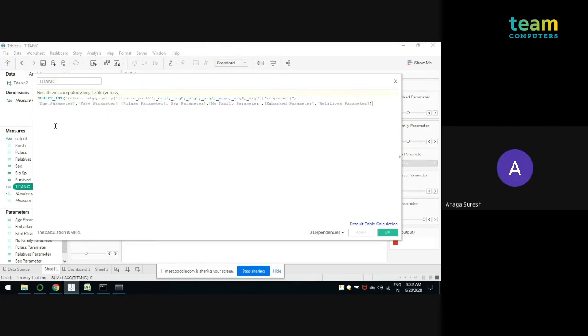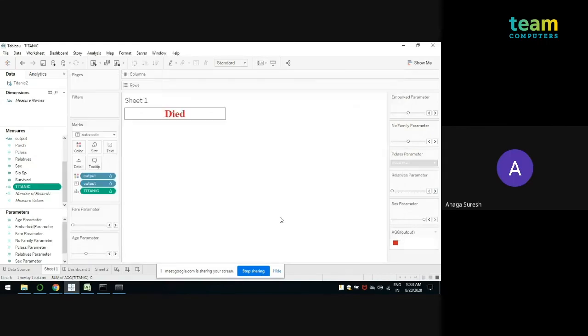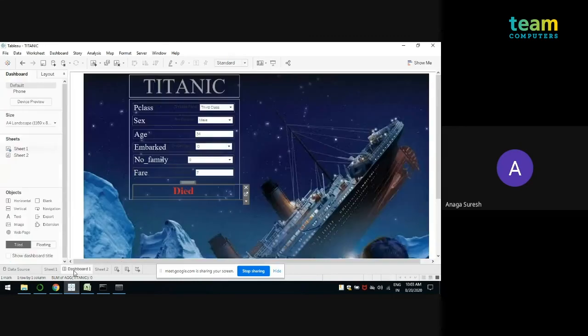These arguments are the parameters required so that we can get the output, like whether a particular person survives or not. With the help of the age parameter, fare parameter, these are the inputs which we are giving to my machine learning algorithm. We have 7 parameters, and I have put the 7 arguments over here, and I'll receive the response. Now I'll show you the dashboard.